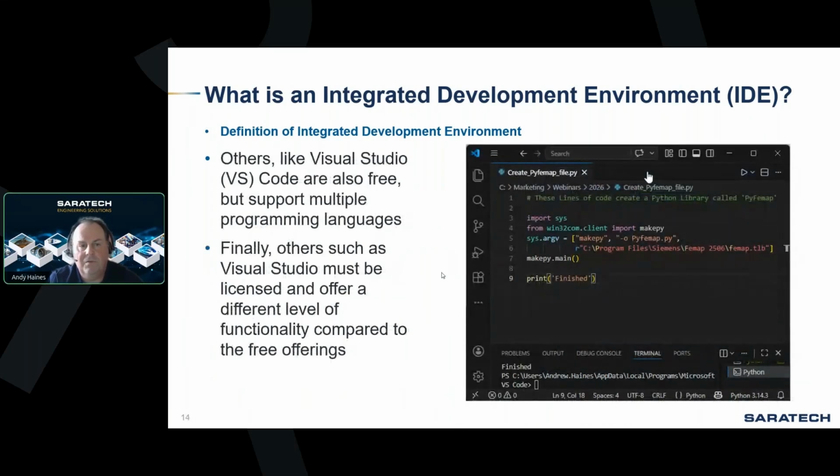Others, like Visual Studio Code, are also free, but support multiple programming languages, including Python. And then a lot of times, if you're going to be doing any kind of more heavy-duty development, that's where you're going to want to get into something like Visual Studio, which has to be licensed, but it offers an entirely different level of functionality compared to some of the free offerings. And just what I'm showing here in this picture is actually the way that you can create